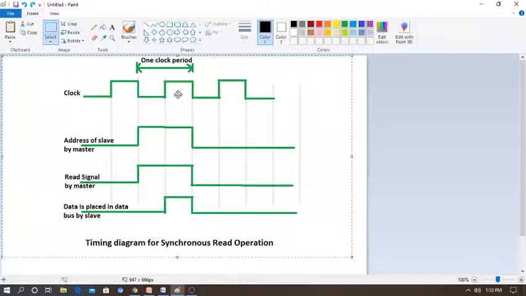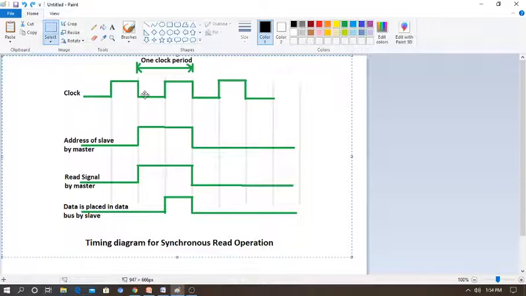In the clock, the data transfer happens, starting from 0 and again 1. So the synchronous bus has a continuous 0 1 0 1 format. That is what you have to remember about the synchronous bus.